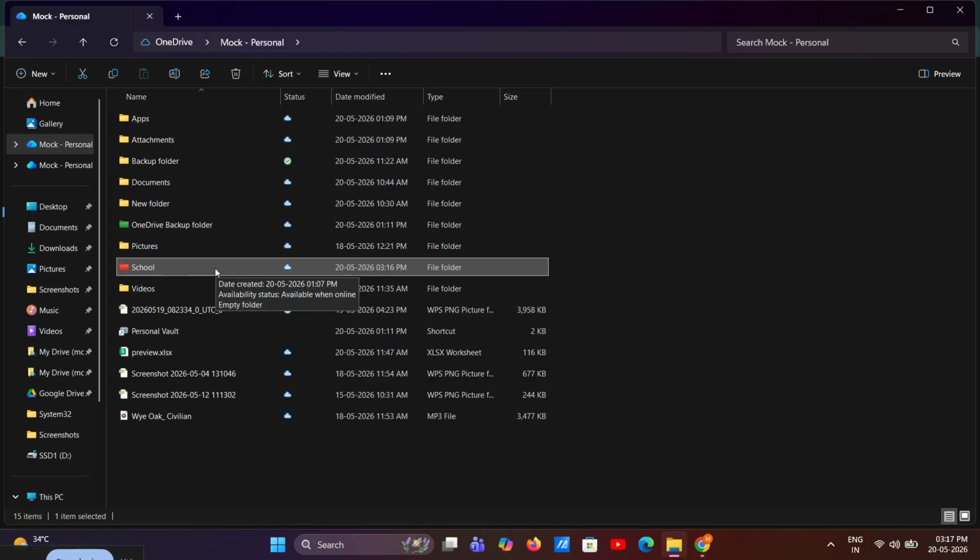And that's it. You've now changed the OneDrive folder color in Windows 11 and made your files easier to organize at a glance. This is a simple trick, but it can make a big difference if you manage lots of